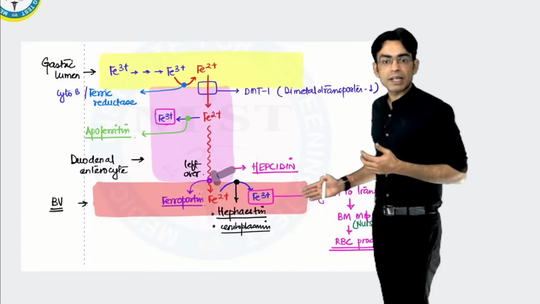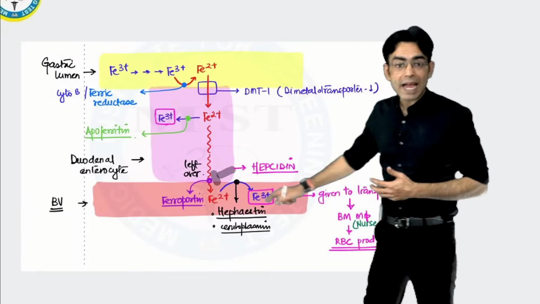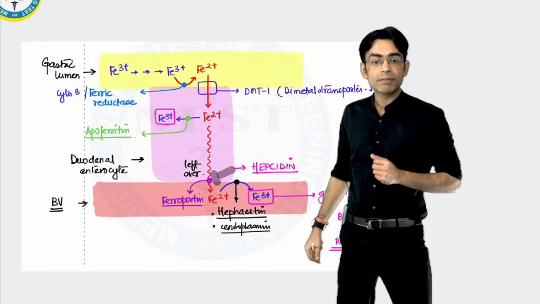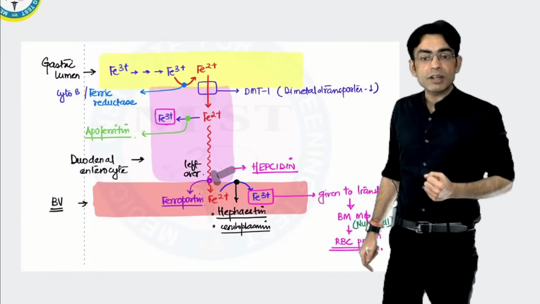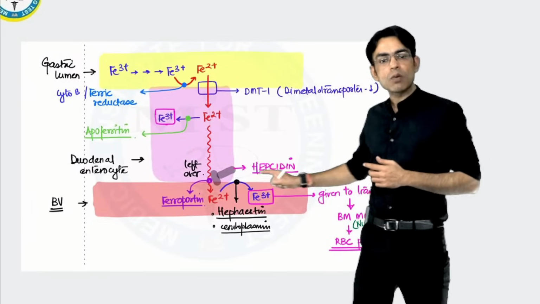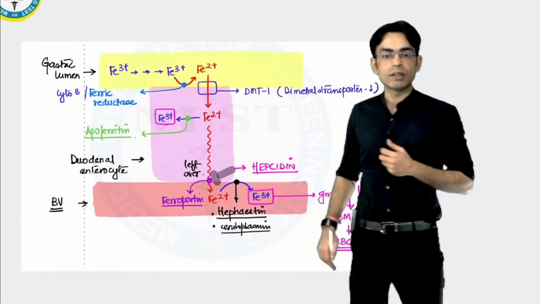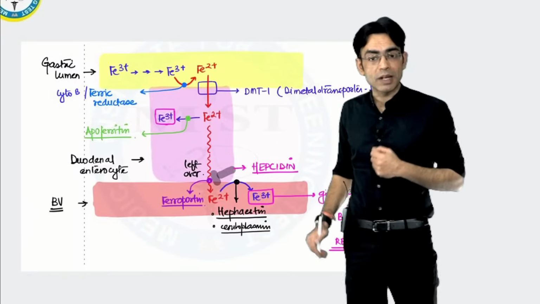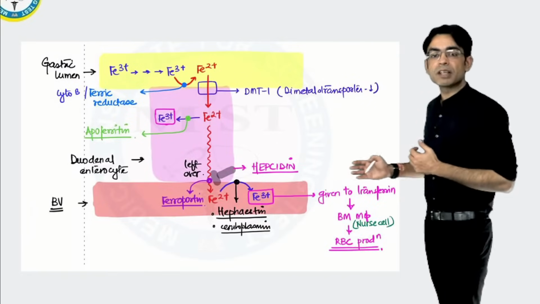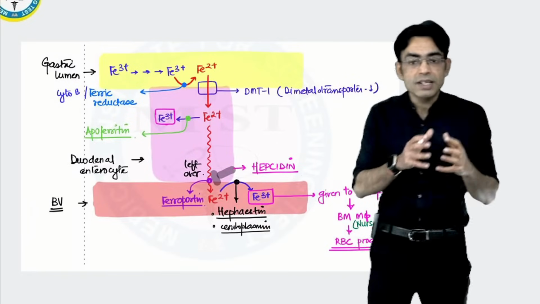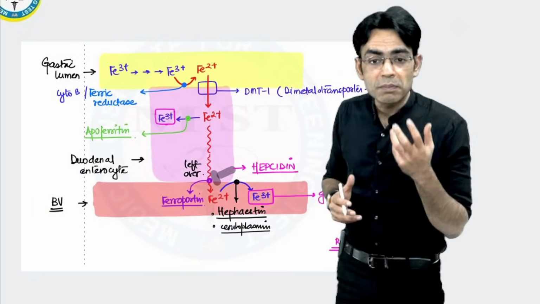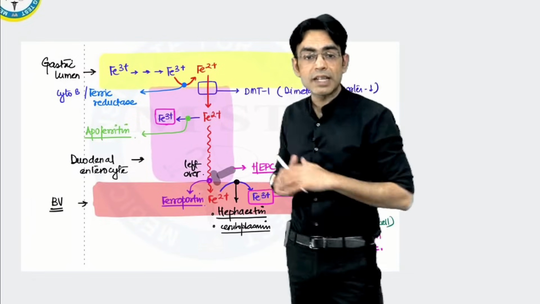So बेटा इसको जाना पड़ेगा ना. It has to get transported. Can Fe2+ transport? नहीं. Which is the form which transports? Fe3+. So again you convert it back into Fe3+ with the help of which molecule? Hephaestin, secreted by liver, or ceruloplasmin. And then this Fe3+ is given to the transferrin. Transferrin is again a protein which is being secreted by the liver for transfer of iron inside the blood.